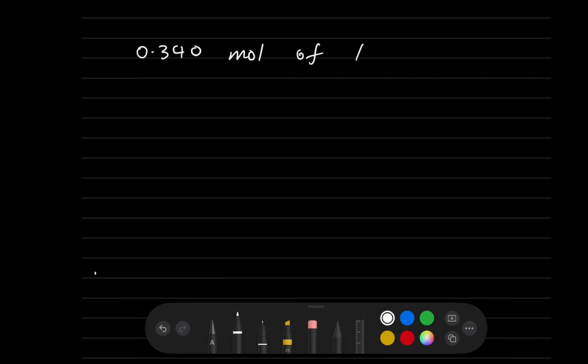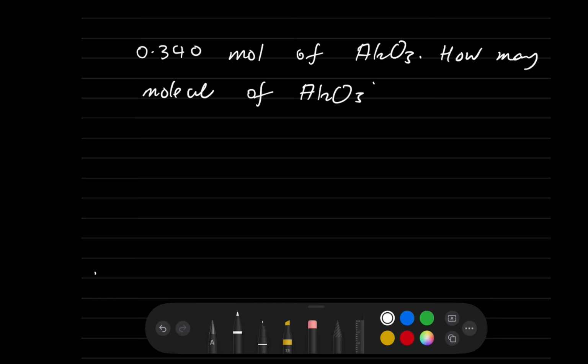If you have these moles of Al2O3, for example, and the question is how many molecules of Al2O3 are in this amount of moles, the first thing you should remember is the formula, which is 1 mole of any material contains 6.02 times 10 to the power 23. At this point, you have this ratio. Is the number of moles given to you here? Yes, it's in here, so we can take it and put it